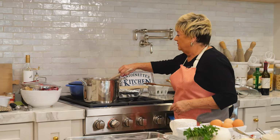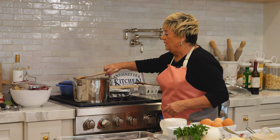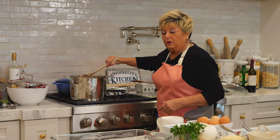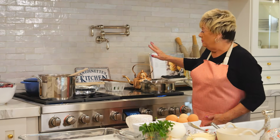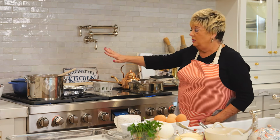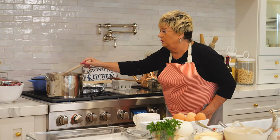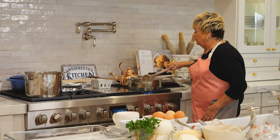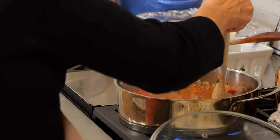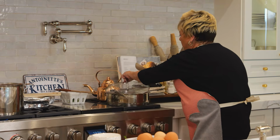This happens to be my staple sauce, my Sunday sauce with the pork, the meatballs, and the sausage. But if you don't want to go through that and just make a regular sauce, you can make a meat sauce for your lasagna. You don't need to do the pork and the sausage and the meatballs. All we really need is the meat sauce, as you can see. This is the staple. I'm going to cover this, and now we're going to make